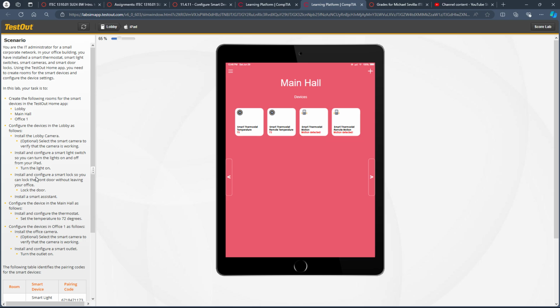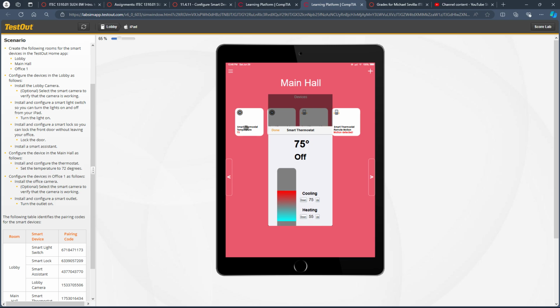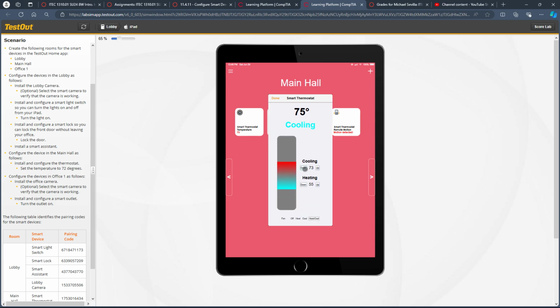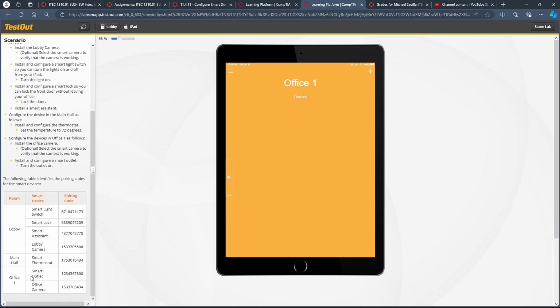Now, when it comes to the thermostat, we do have to install and configure the thermostat. It's got to be set to 72 degrees. Click on the smart thermostat. Drop the cooling to 72. Bring the heating up to 72. Done. Next, we're going to go to the Office 1, which requires a smart outlet as well as the office